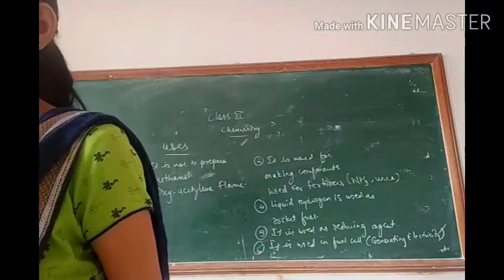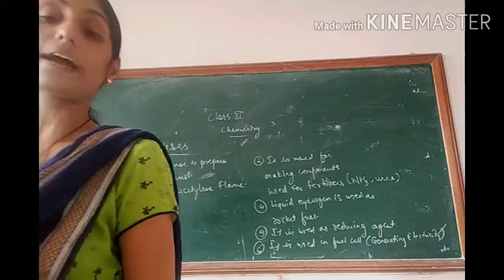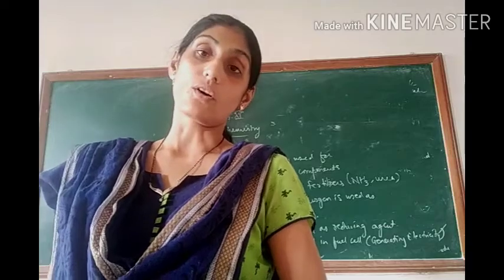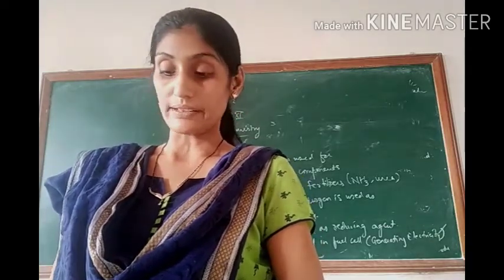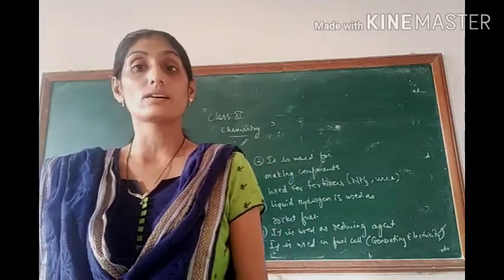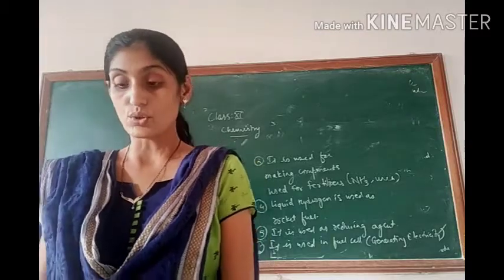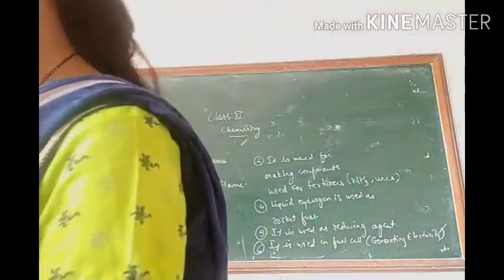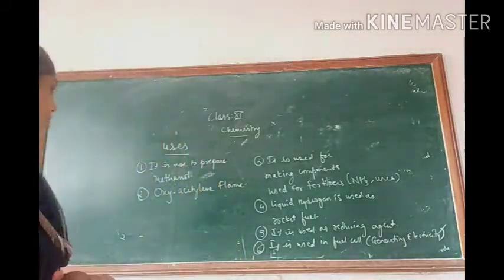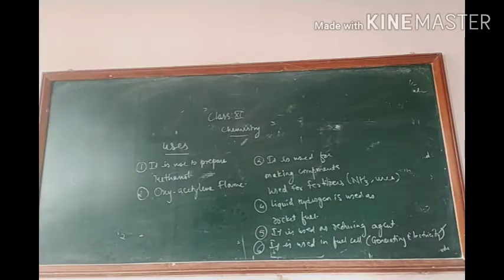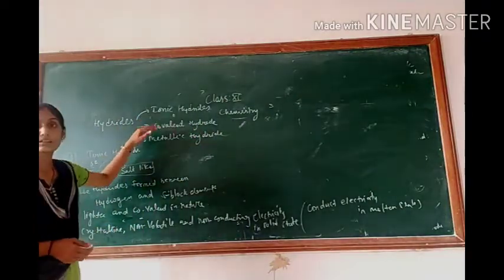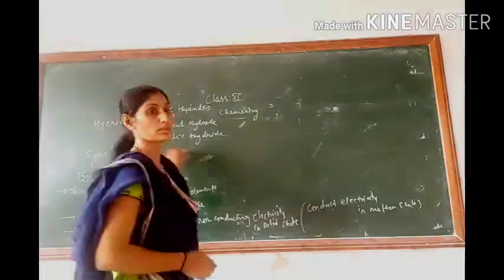Children, when we talk about the hydrides of hydrogen, there are 3 types of hydrides: ionic or saline hydride. Then we have to learn about the covalent hydride, which is known as molecular hydride. And third, the non-stoichiometric or metallic hydride. So when you talk about the ionic hydride or saline hydride, the property of the very first hydride. If you have copied this, then we will learn about the very first hydride of hydrogen.